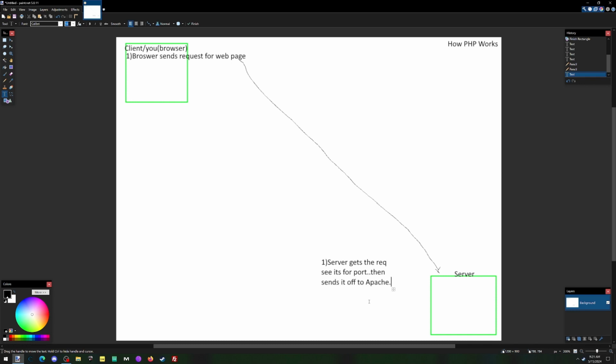That's step one. So the packet comes into the server, it sees what port it's on, it knows that that